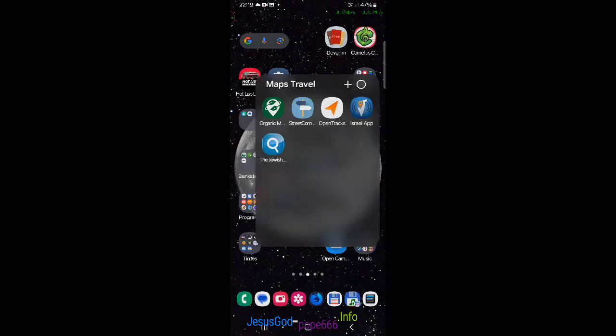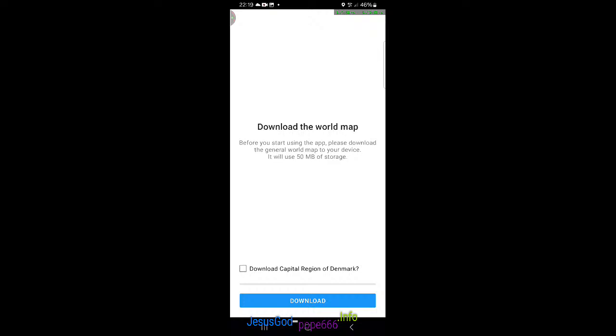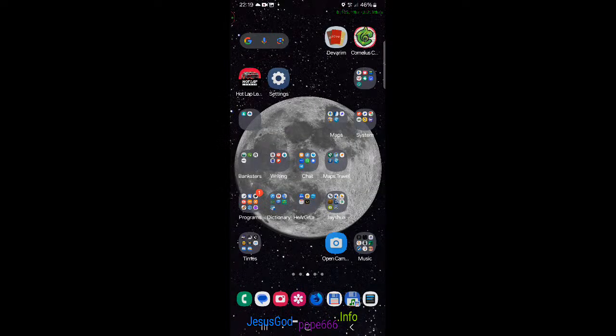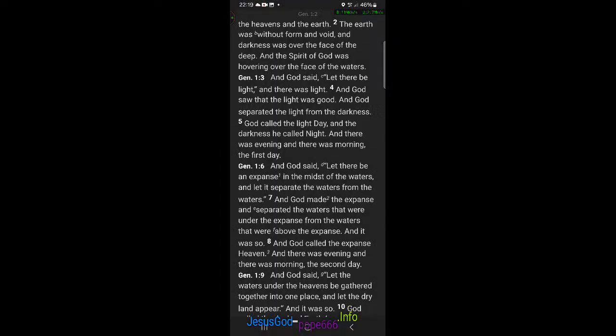Okay, it needs to be downloaded again, because why would we just be able to move the files from one phone to another phone, right? In regards to Accordance, I don't know what the password is. I guess it might be one of the others where I can maybe see something.